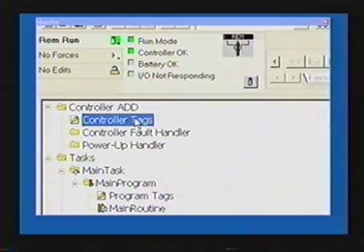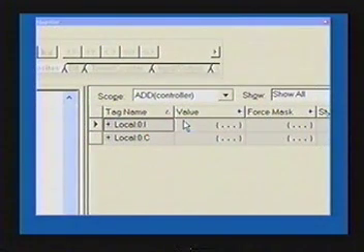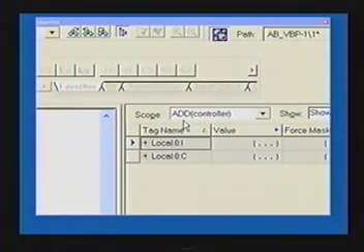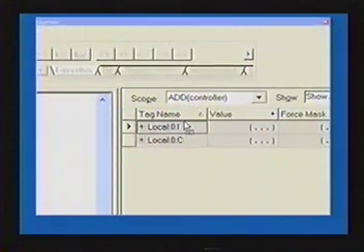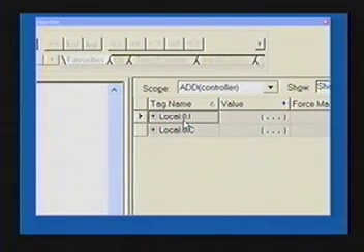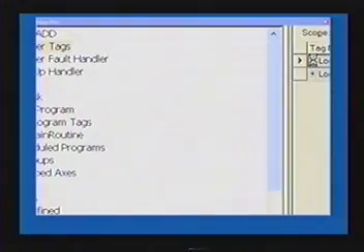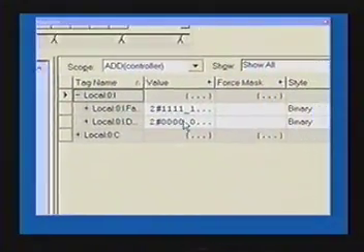So when I double click on that, it brings me over to this open window, and it tells me the name of the scope, and the name of the controller is add. And we have a Local:0:I. So that's in slot 0 of the local chassis. I have an input card. And I can open it up, and you can see